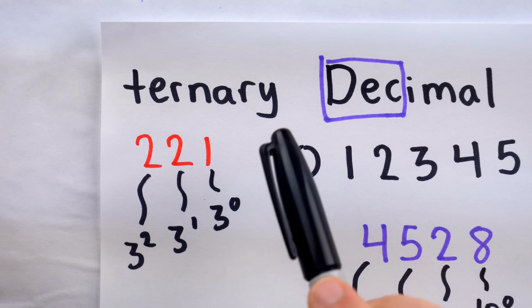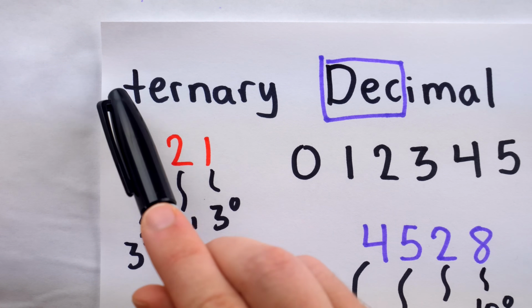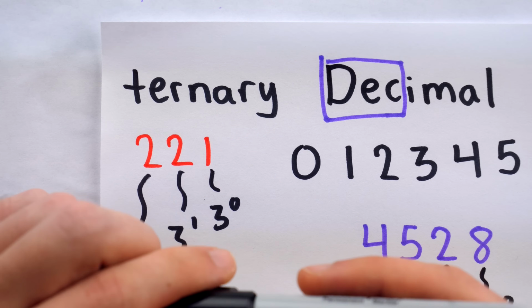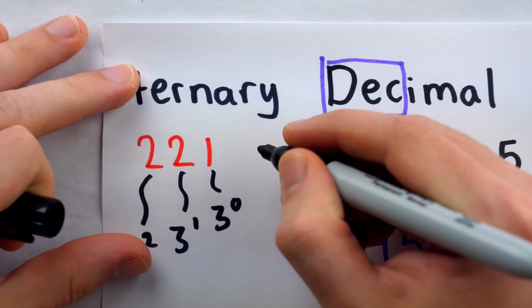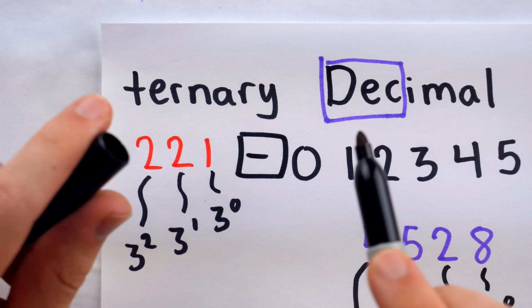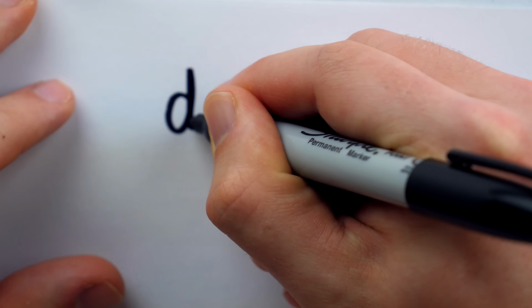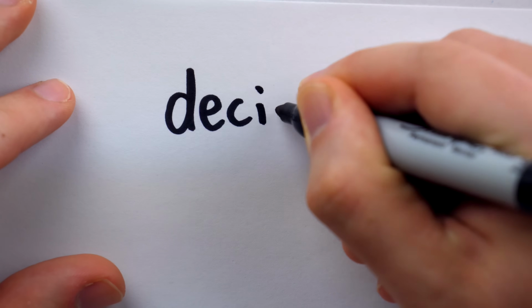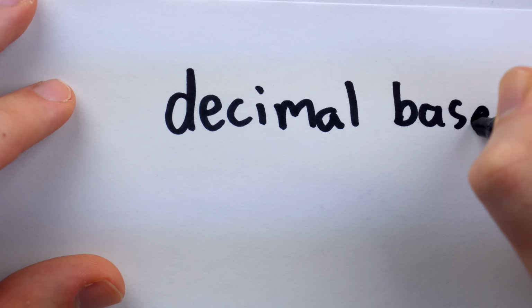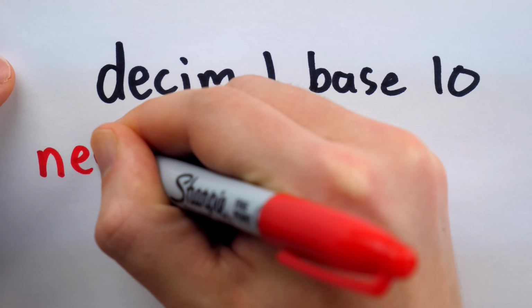But still, no matter what base we use, base 10 or base 3 or base 2, 6 or 60, we're still not going to be able to express negative numbers without that pesky negative symbol. We need something a little bit more clever. And it turns out there is a way around this after all. Instead of using a decimal system, which is base 10, we can use what's called a